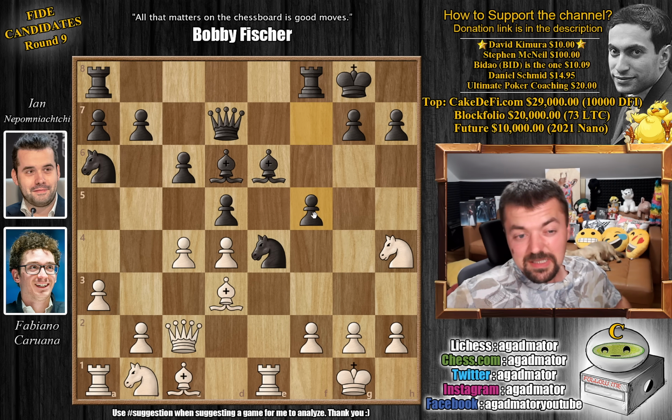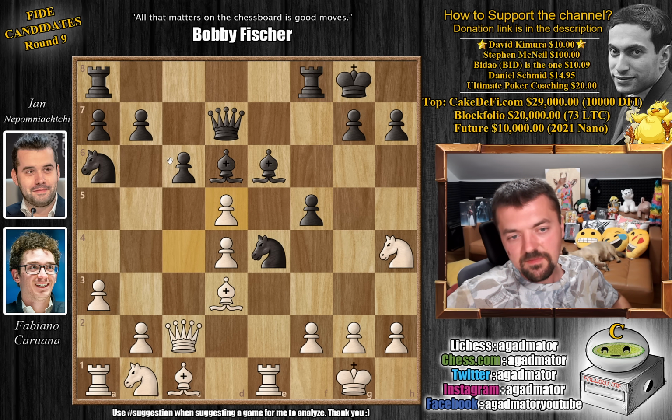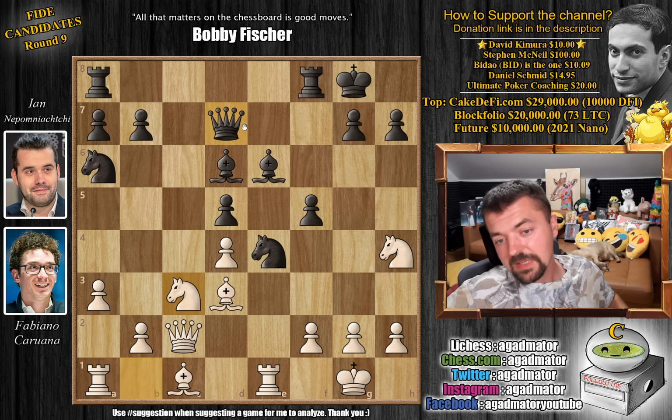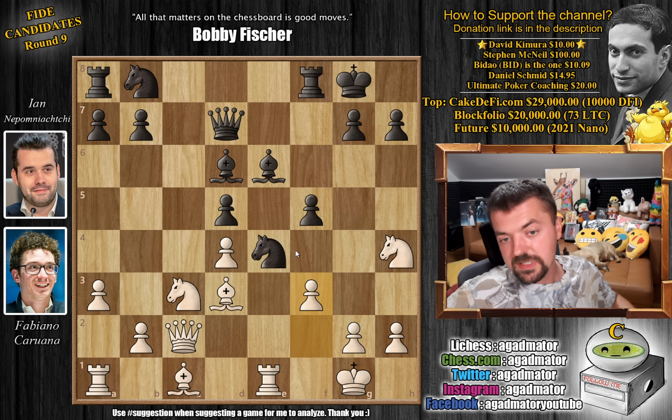He maybe doesn't know this exact position, but he knows the similar ones, and f5 is a useful move in most of them. So c captures on d5, c captures, and knight to c3, and here we have rook 8 to c8 by Nepo. Also interesting here, as Fabi definitely prepared for this as well, is knight back to b8. Point is that after f3, which of course